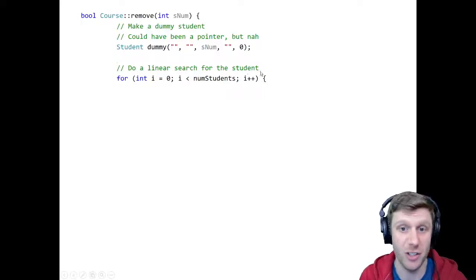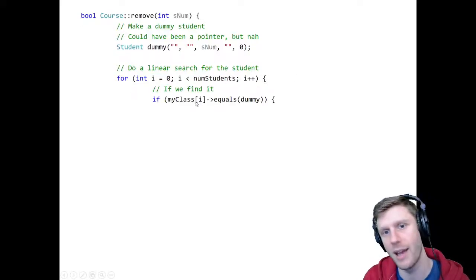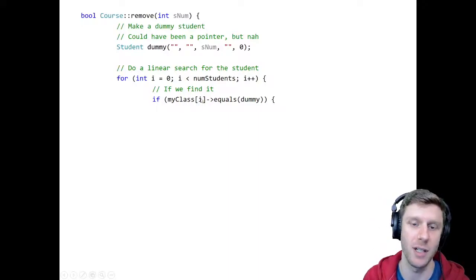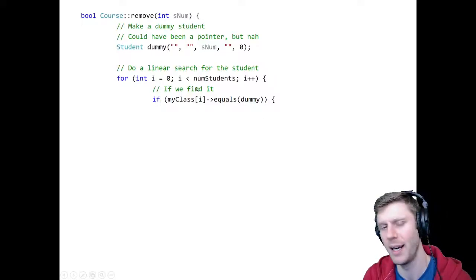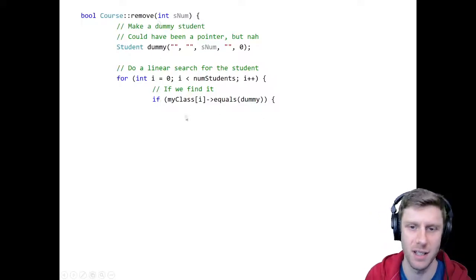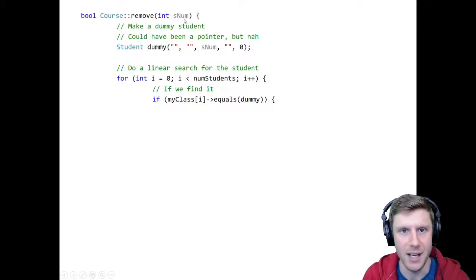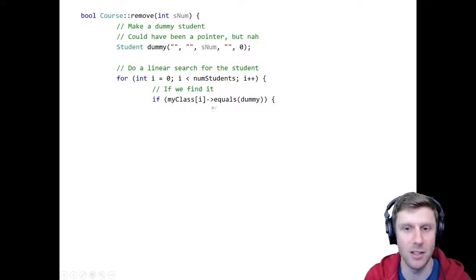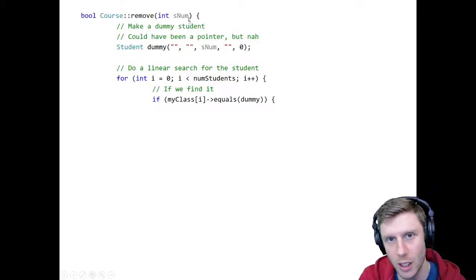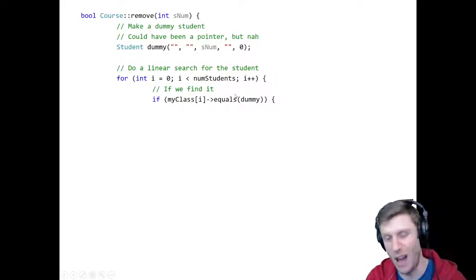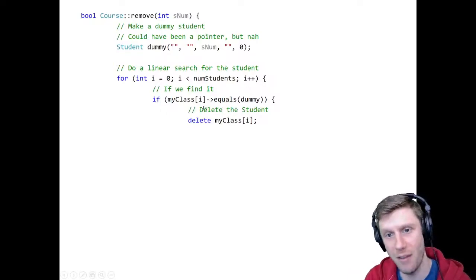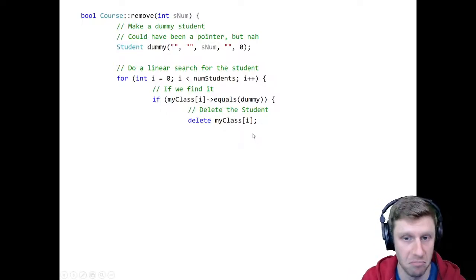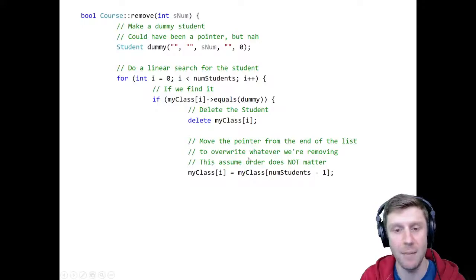And then I'm going to do a linear search for that student. So for i from 0 to the number of students, if we find that the student at location i is equivalent to the dummy, well, then we found it. An alternative here, instead of having the dummy, I could have just said, is my class's student number equal to the student number I'm looking for? That would be just fine. But I did it here with the dummy variable. So if I find it, I'm going to delete it. And then I'm going to put